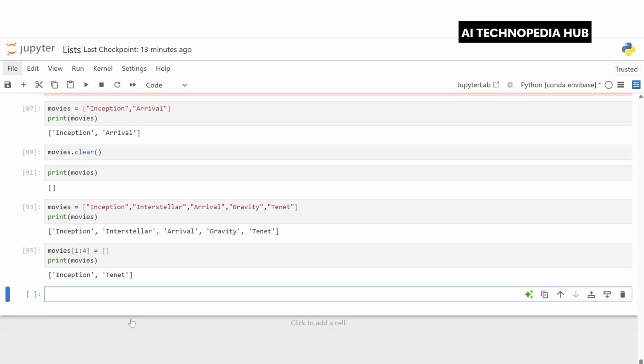So remember, we can use the del keyword for specific elements, or if we want to remove elements in a range. We can also use the clear method to empty the list, if we want to keep the original variable. And you can also replace a slice with an empty list to remove multiple items. So you can practice these, and list management in Python will become your second